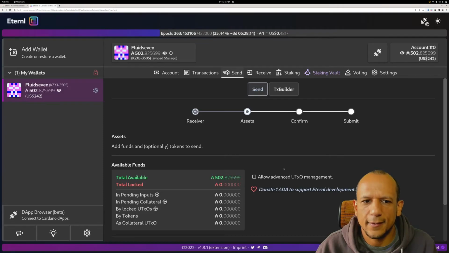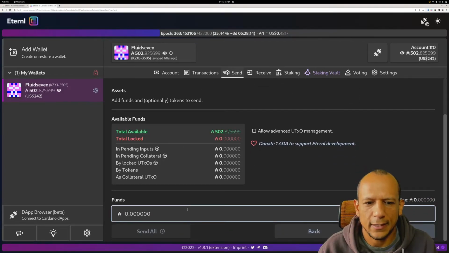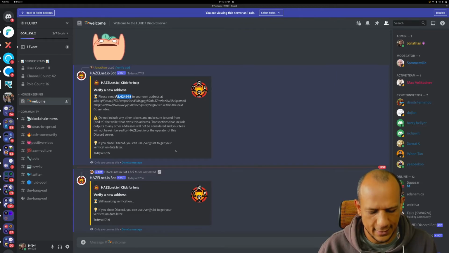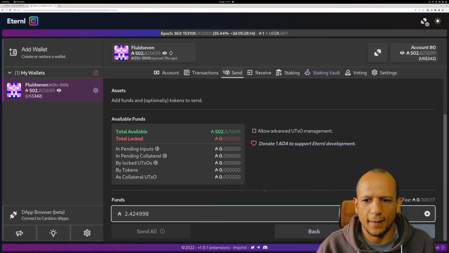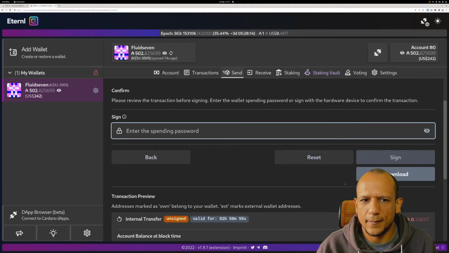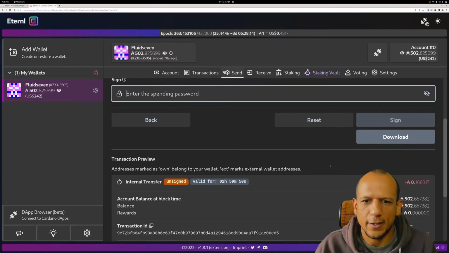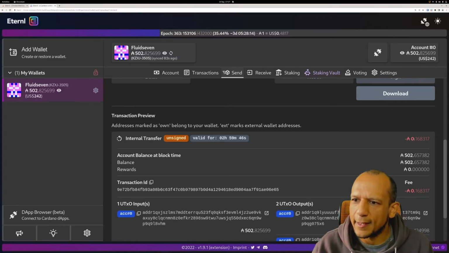And the amount we're going to send is 2.42998 ADA. And you can click next. And now it's asking for the spending passphrase, so you haven't spent anything yet. You can go down and check your transaction. So it's saying we're going to send 2.4